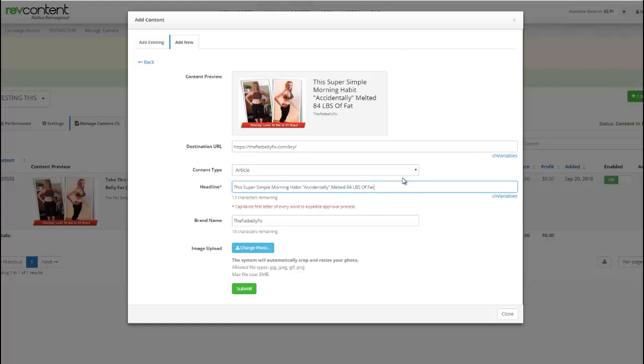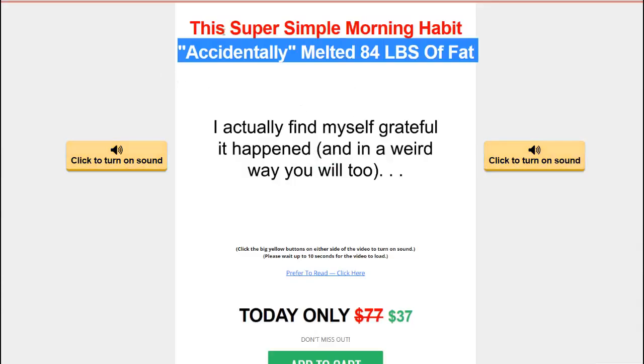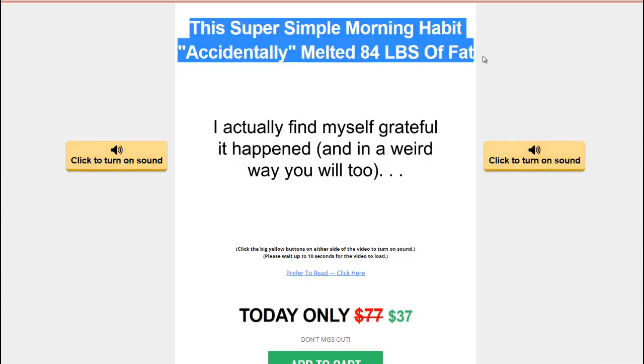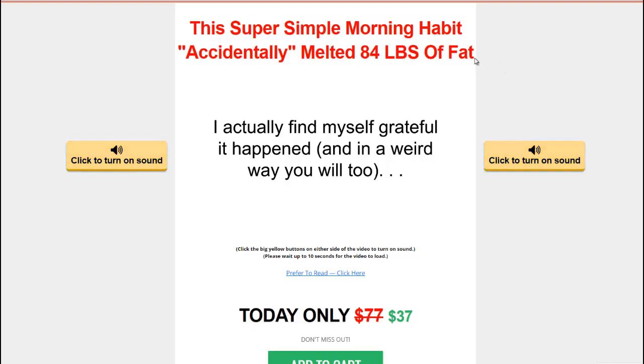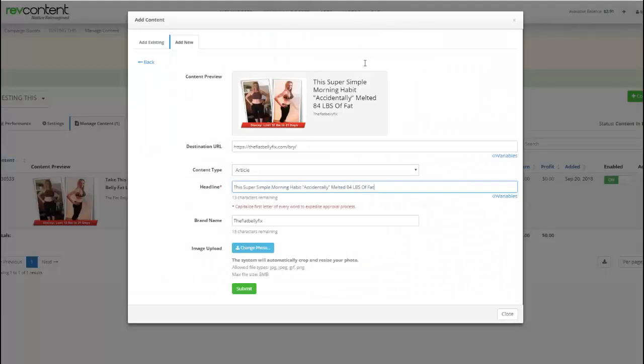So here's the thing as well, if somebody sees this advertisement, they read this, they're interested, and they click, and then they're taken to this page and they see the same headline again, it's going to be like, okay, this is relevant to what I've clicked. It's going to pique their interest, and you might even have a better conversion rate because of it. But it's something worth testing. And again, I would test multiple headlines and multiple images, as you really don't know what works until you test it. So I usually space these out